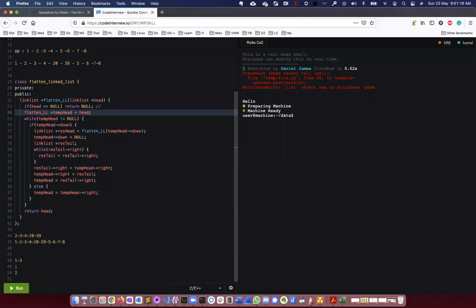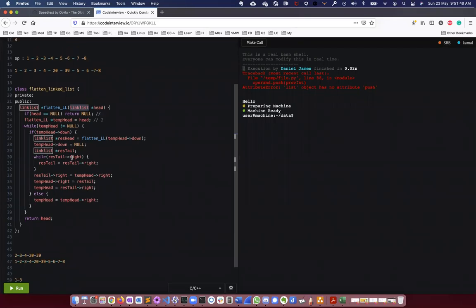Then flatten linked list with head, so temp head contains the 1. No, I thought I was asking you to run a program with some test case. Okay, but I have not defined the structure class for this linked list structure, so I have to write it. Yeah, okay, let's go with this.